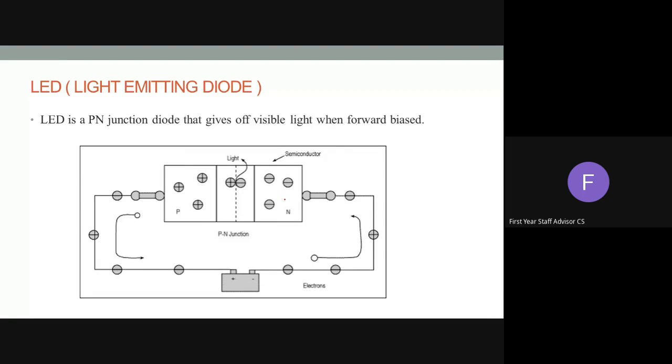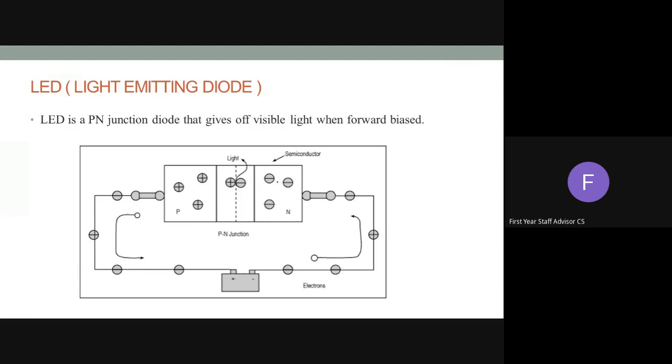Before forward biasing, before we apply this potential or before we connect this circuit, there are majority carriers called electrons in the n side, also majority carriers holes in the p side, and yesterday we discussed that there will be a depletion region or a barrier potential here. So the majority carrier electrons in the n side are not able to pass this barrier potential. Why? Because they have low energy, or they don't have energy to cross this barrier potential or